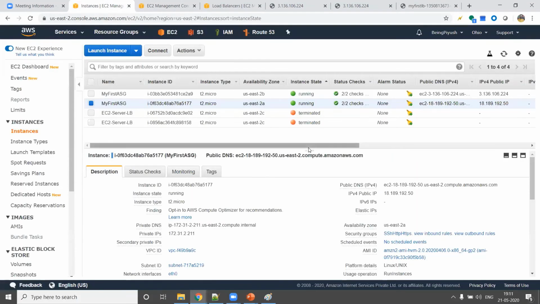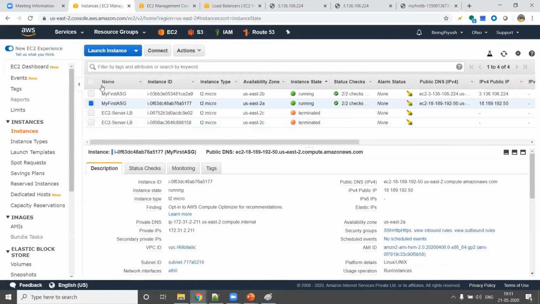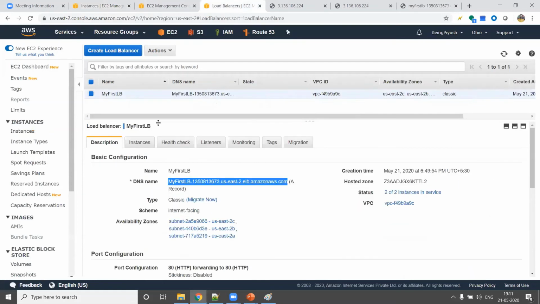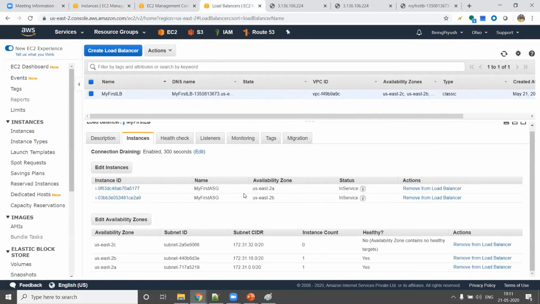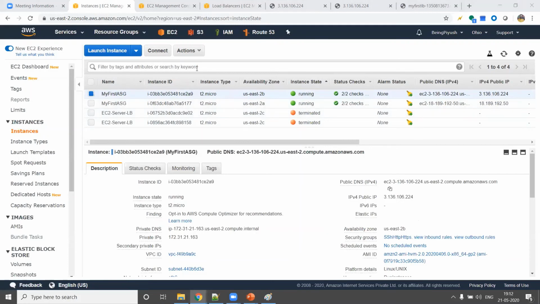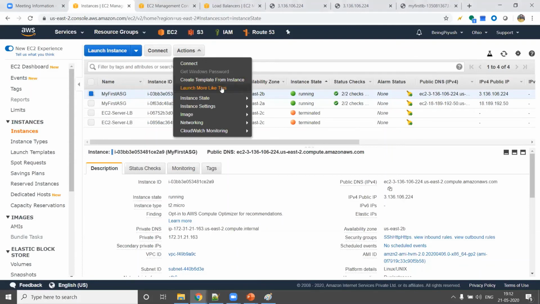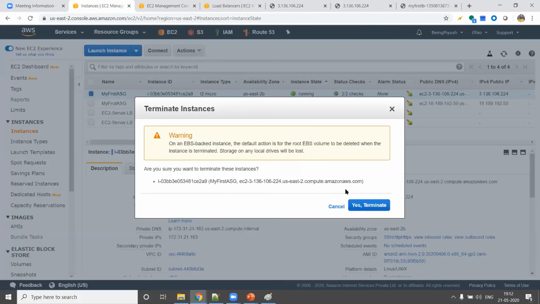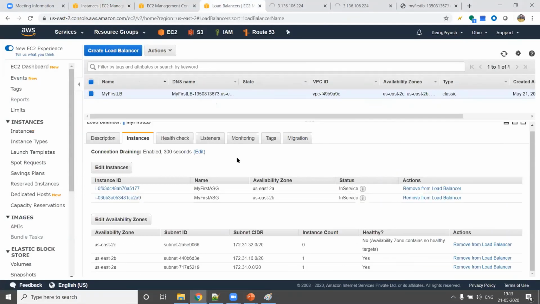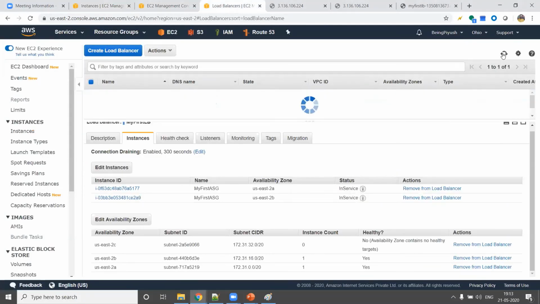But what happens if one of the EC2 instances goes down, right? If something happens to this EC2 instance, I will still have one EC2 instance in the load balancer, right? The last time with the load balancer we have seen that if one EC2 instance goes down, the load balancer will send the traffic to only one. So I have two EC2 instances, but manually I will go and terminate one of the EC2 machines. Now let's see what will happen. Now quickly come to the load balancer and see what will happen to the status.